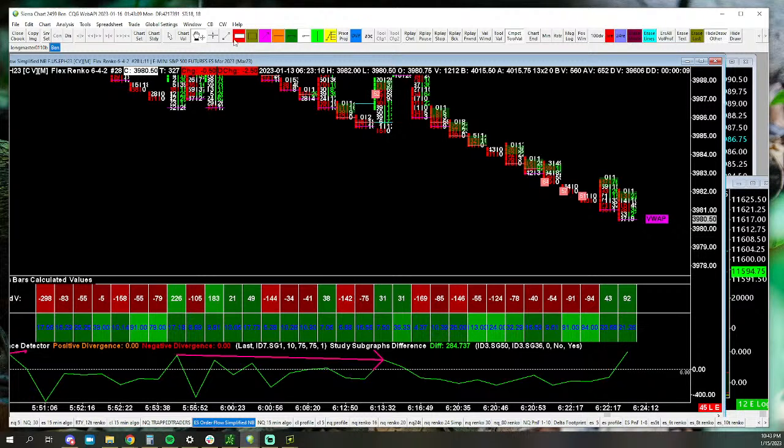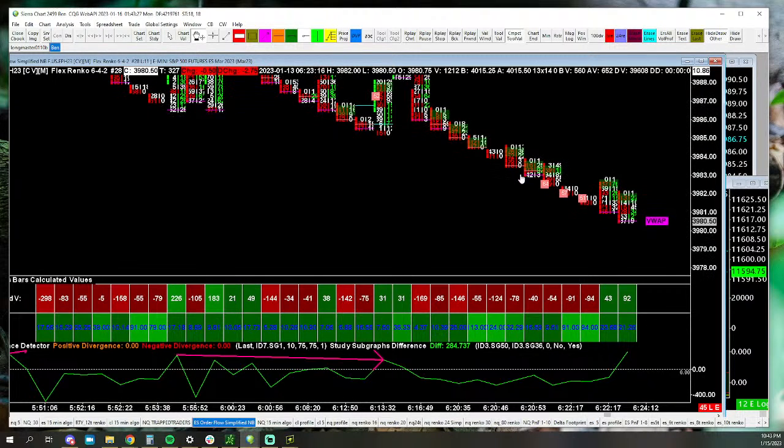Okay, hidden divergence, it should continue. Right? So we'll use a regular line for that. Wait, it needs to be above the zero line. I lied. That one, don't sell that. You're gonna have trouble if you try to sell the hidden divergences that are under the zero line. It's not that they won't work. You're just gonna risk shorting the hole. And you're gonna have an opportunity.